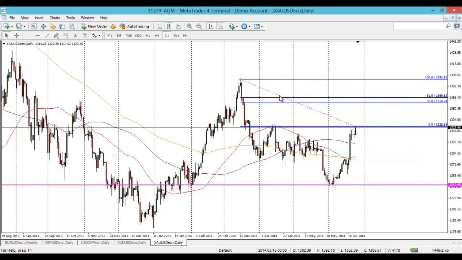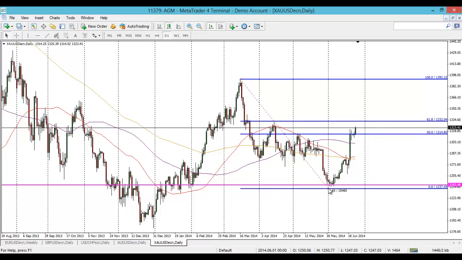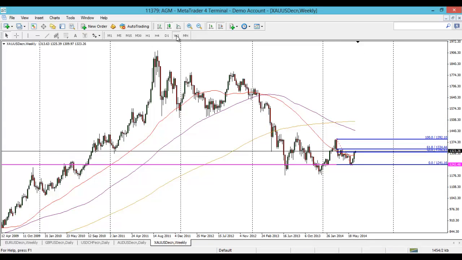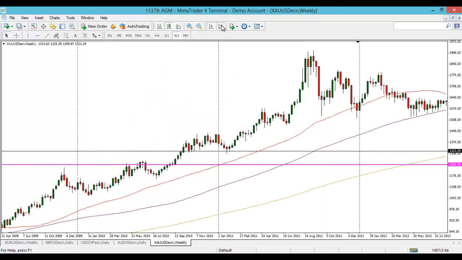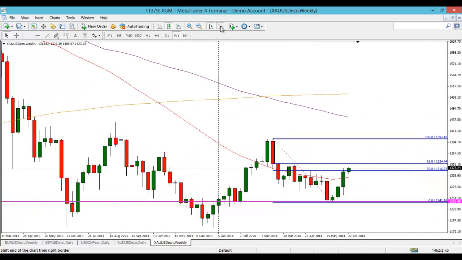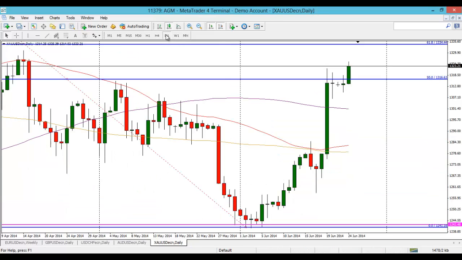In terms of fibs to the other side, so this is taking the high of the year to the low of the year. I've just flipped it to the weekly so you can see it clearer with the period separators there. Interestingly, last week, this fib here, we did have a weekly close below, but that is a bullish candle, but interestingly it did close below, so don't be surprised to see it close below this week, but of course it can keep on ripping towards the upside.